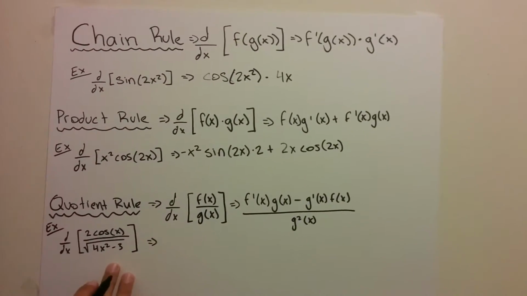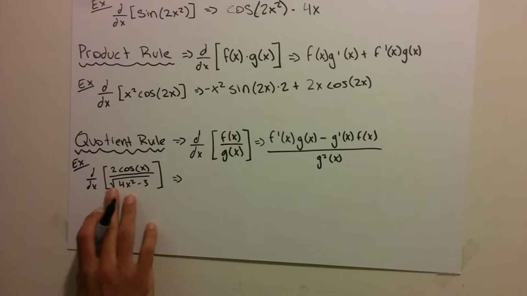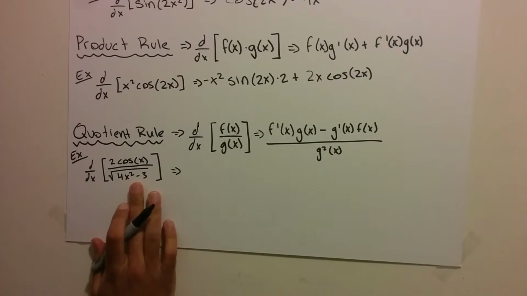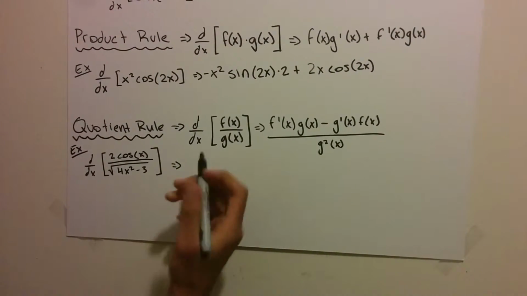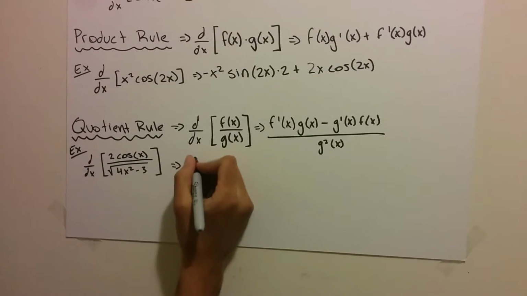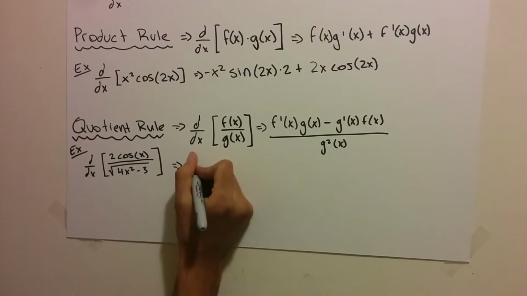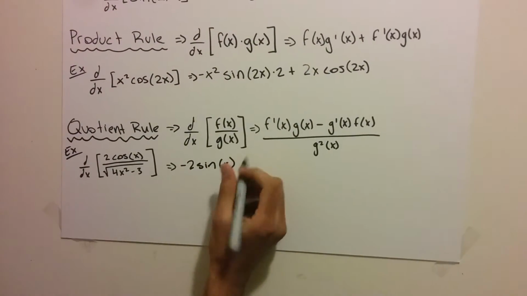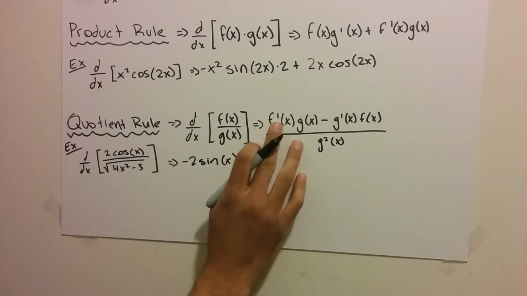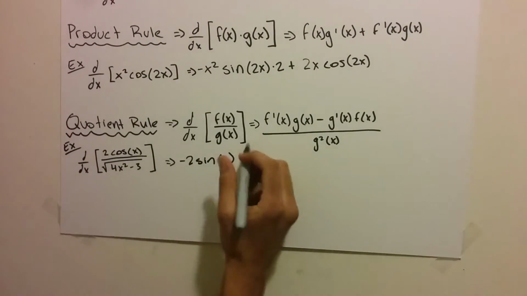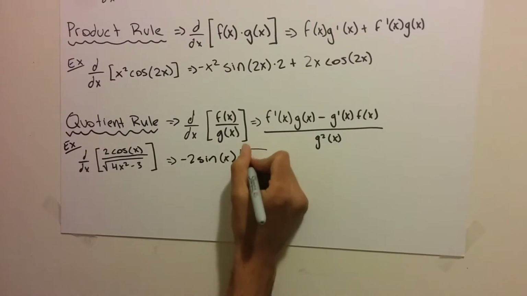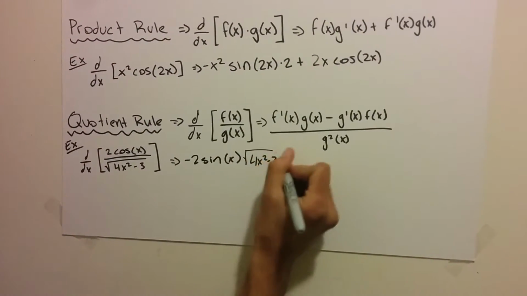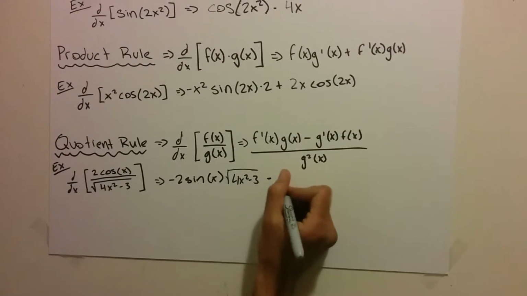So our example for the quotient rule is the derivative of 2 cos x over the square root of 4x squared minus 3. So the derivative of 2 cos x is equal to negative 2 sine x. So f prime x times g of x, which is the square root of 4x squared minus 3, minus g